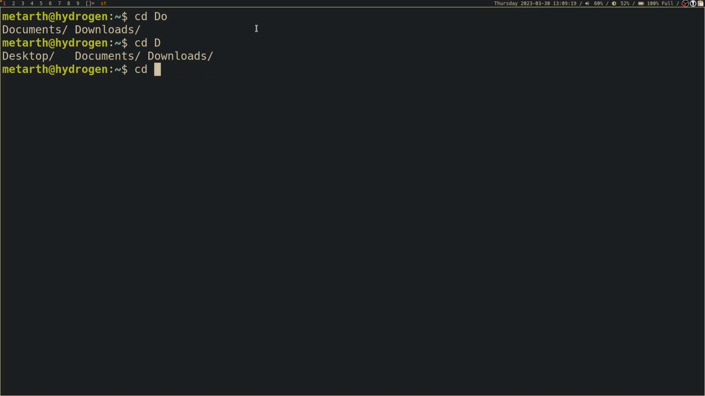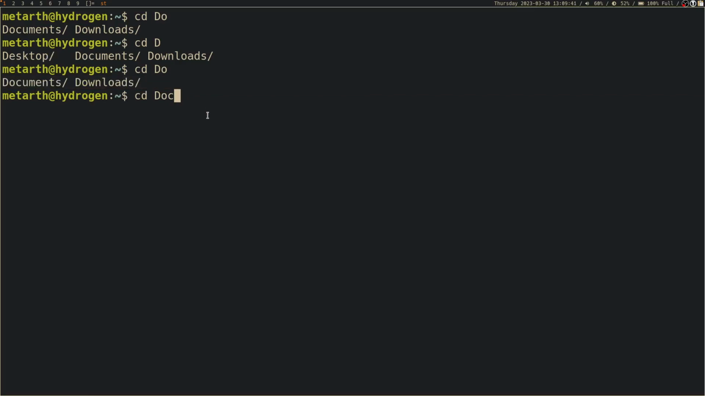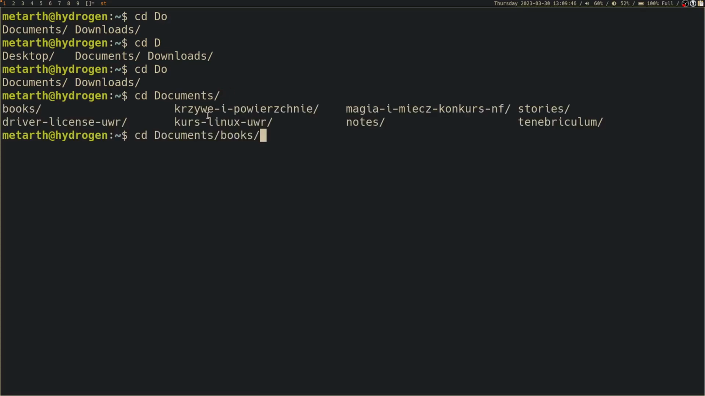and downloads. If I were to write DO, there would only be 2 matches, because desktop does no longer match this pattern. Only documents and downloads do. But if I write doc, there would be only a single match, and bash will not print those suggestions for me, because there is only one possibility. So it will just complete it, and then I can type tab